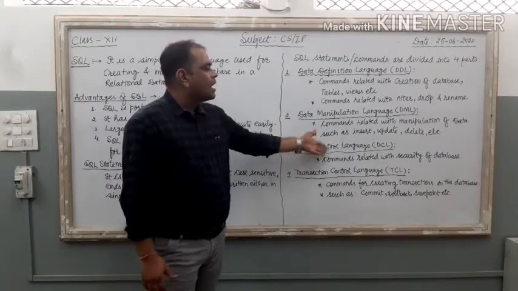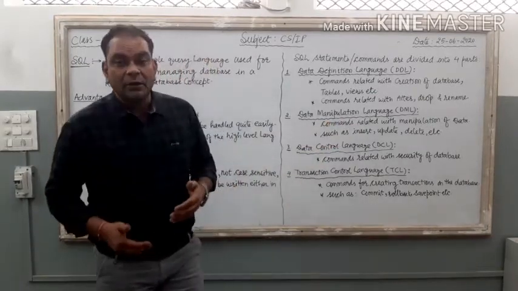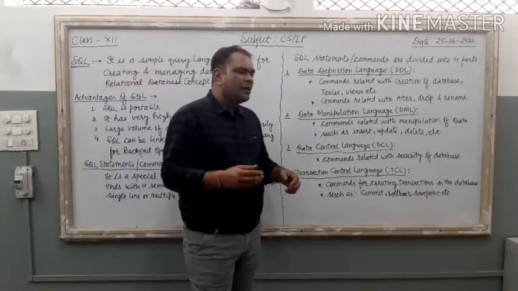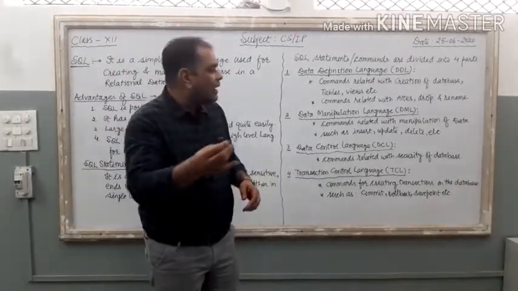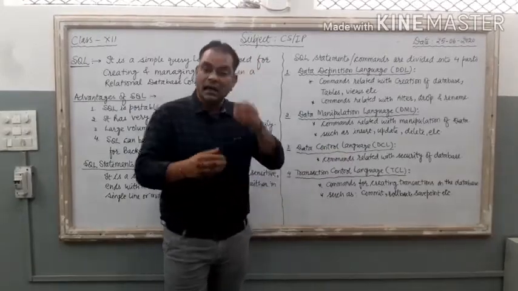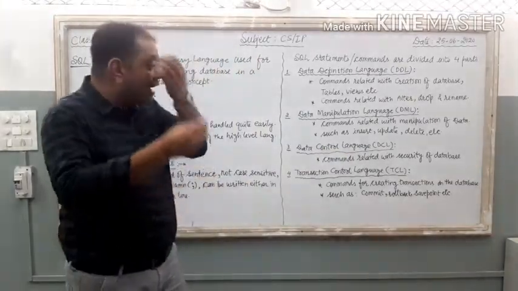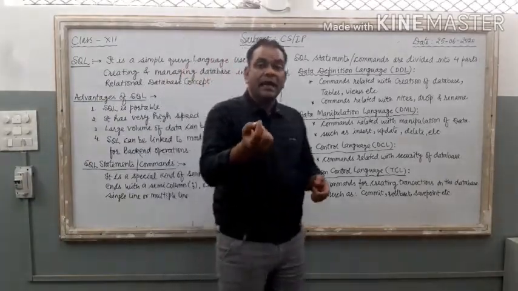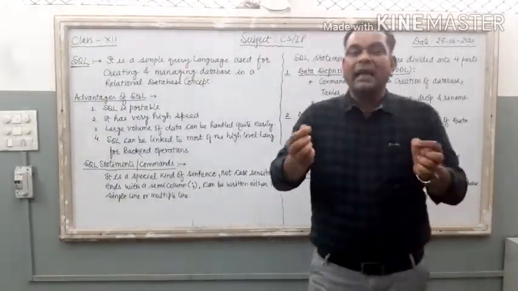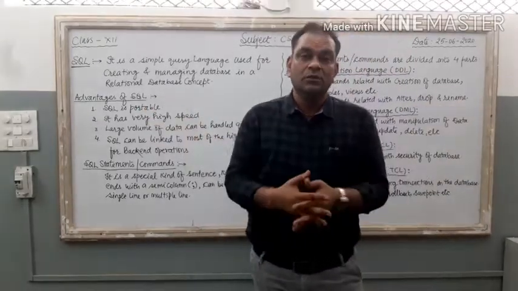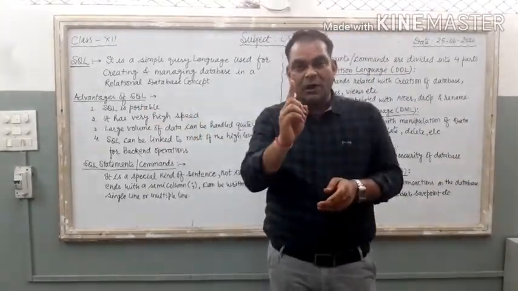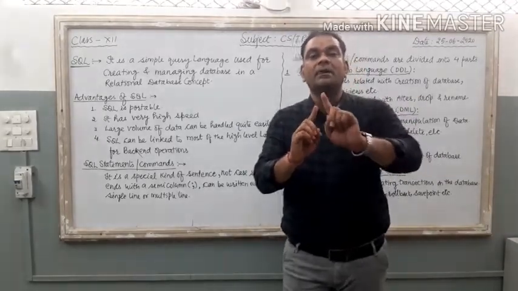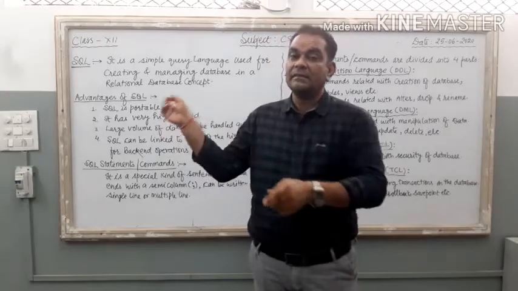Third one, data control language, DCL. Though it is not there in our syllabus, in DCL, 2 or 3 commands are related with DCL, such as revoke, first command, grant, another command. What is there in DCL? As you know, we can set our database in a shared mode also. Shared mode means the database is one only, but this database can be accessible by multiple persons. More than one person can access the database.